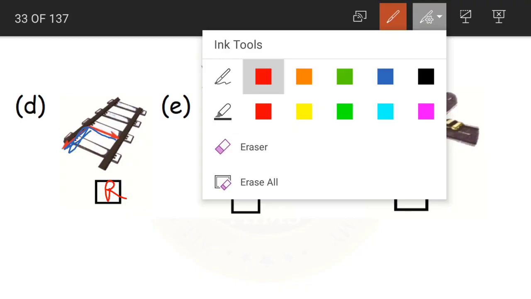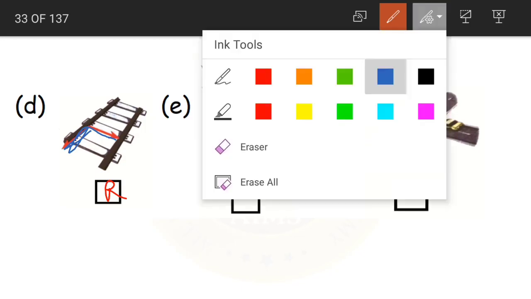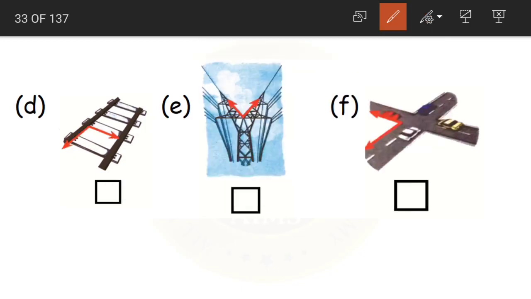Coming to E, again E is a smaller angle. E is a smaller angle than our right angle. If you place the right angle tester, it would be something like this. Yes, so it is smaller than our right angle. That is why what do we call it? Small means acute, so it is an acute angle. Now coming to F, here the angle is formed in the L shape, so we can simply write it as a right angle.